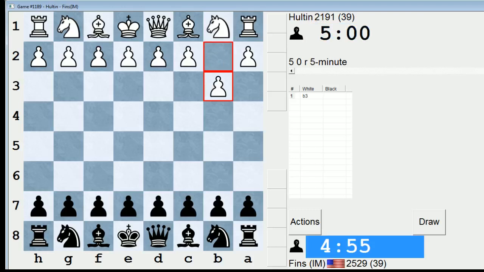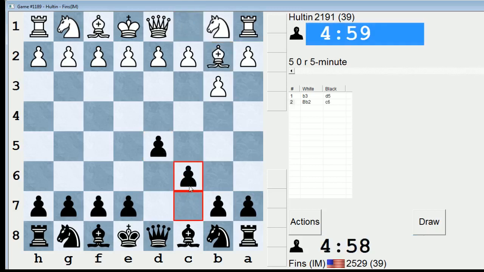Hultin opens with b3, the Nimzo-Larsen attack. Let's play d5 against that. That's what I have been doing lately. I actually faced b3 in a few bullet games earlier today, and I don't know, I'm just not a fan